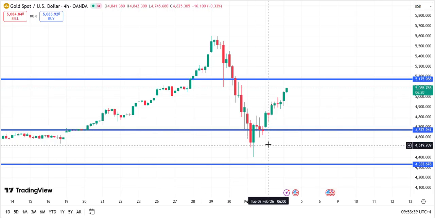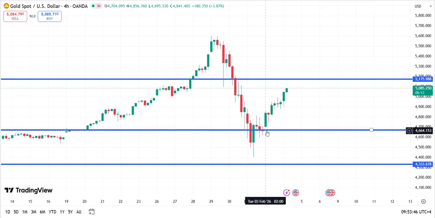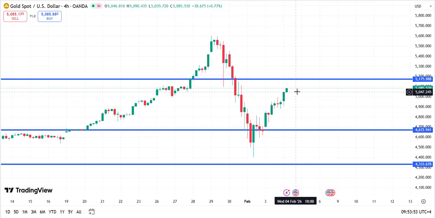Now this area, the 4650 area, was a very crucial area. This was the area where it was supposed to go down. However, the market took a very strong support from here, and then started rallying to the upside. The next area where it can act as resistance and give us some pause can be this level, which is 5100, or 5180, or 5200. This is where the next stop should be.